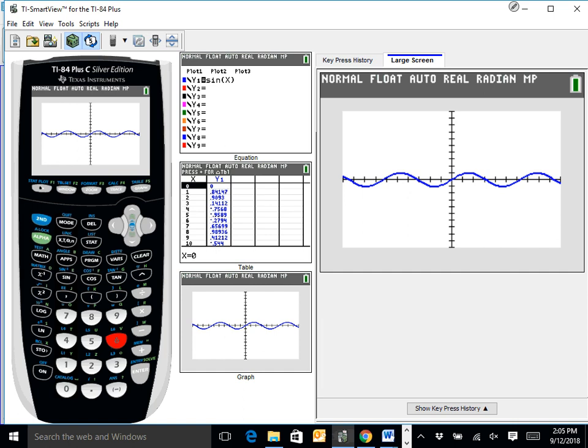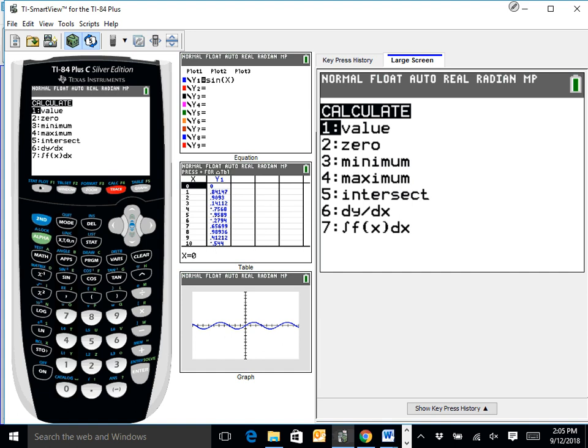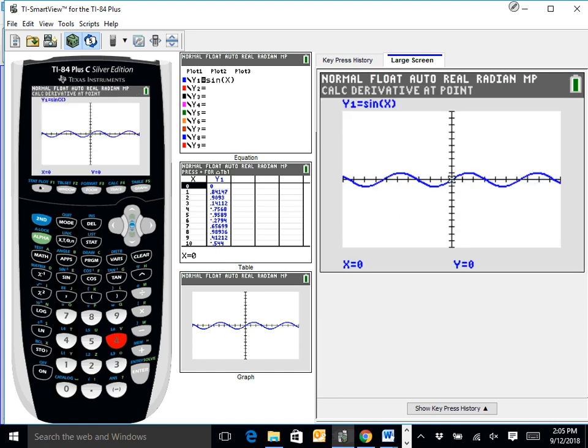To do the derivative through your graph and calculator, again, we want to hit second and then the trace button. And we want to go down to derivative. Derivative is number 6, dy dx. So we'll touch number 6. And it wants to know the x value that we want to do the derivative at. Well, the x value we're going to type in is pi over 6. So let's do that. We'll type in pi, there it is, over 6. And it says dy dx equals